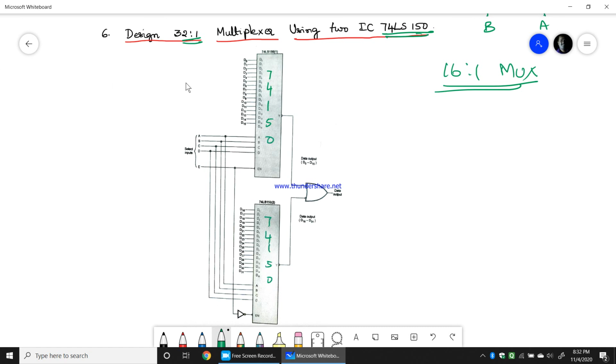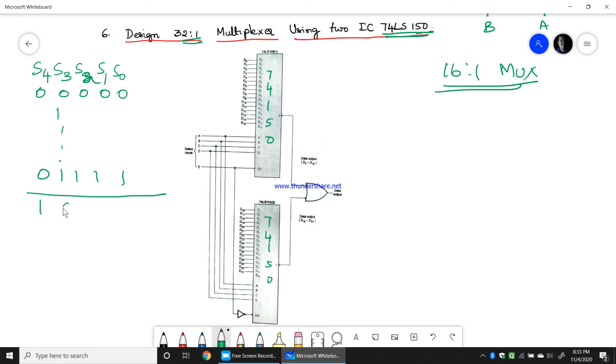When I say 32:1, I will have 5 selection inputs S4, S3, S2, S1, S0. So this will vary from 0 0 0 0 till 1 1 1 1, and S4 remains as 0 for all these 16 conditions. And now S4 will become 1, and this will again go from 0 0 0 0 till 1 1 1 1, and S4 remains as 1. So this is D0 to D15, and this is D16 to D31.